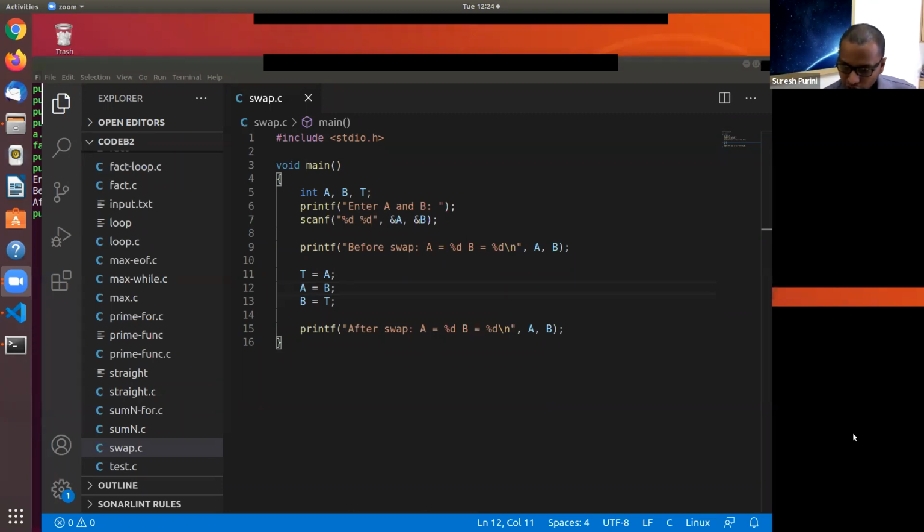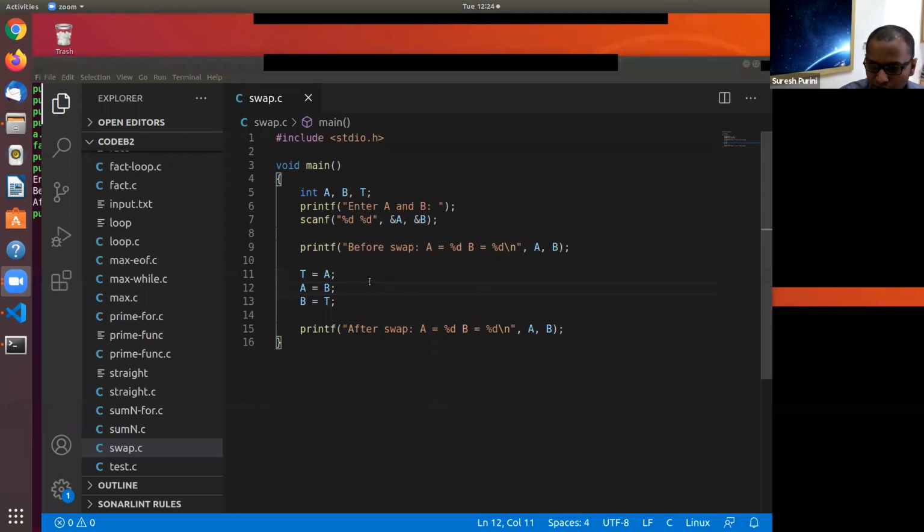I just want to take a step back for everyone in the class. There is an approach here that you are all seeing, from line number 11 to line number 13. I want all of you to understand this particular approach. Are you all with me? Is there anyone who didn't get this? Ignore the other approaches where we don't use a third variable, but are you all with me on lines 11 to 13?